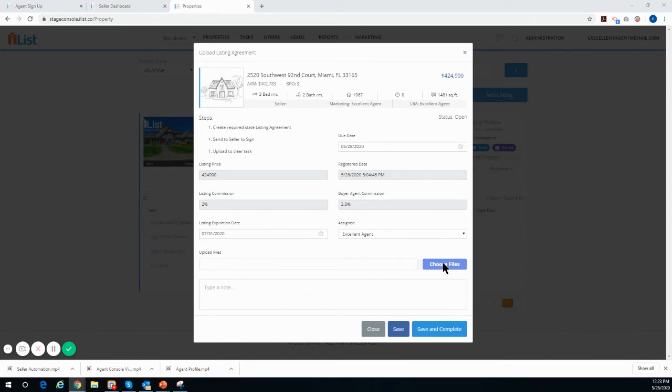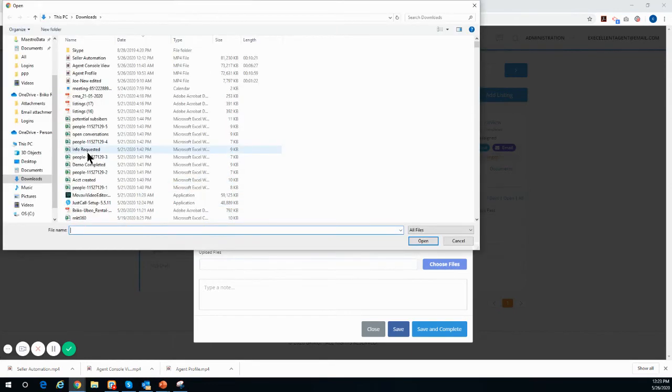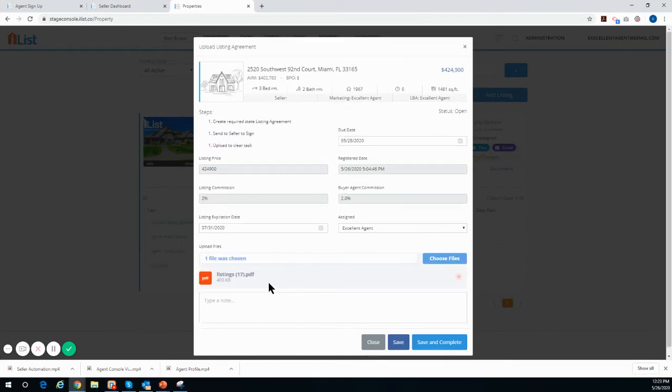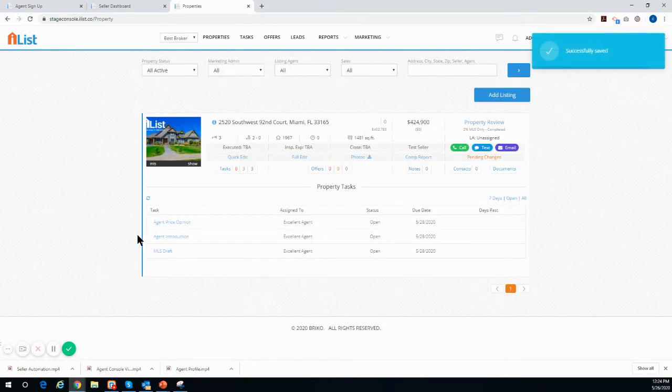I can come in here and upload a sample file. So I can say, yep, that's my listing agreement. It'll upload it for me. And I can say, execute a listing agreement, save and complete. Once I save and complete this task, I come in and look at my next task list, which is